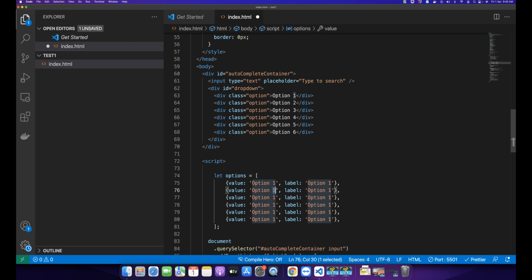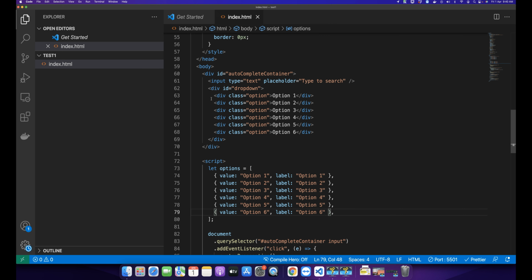So I'm going to add some multiple options. Now I will remove all of these options,